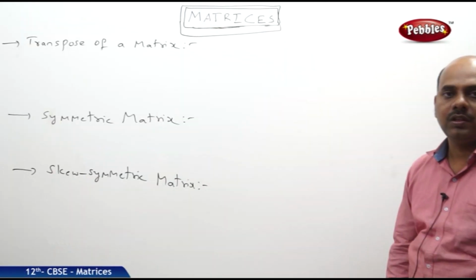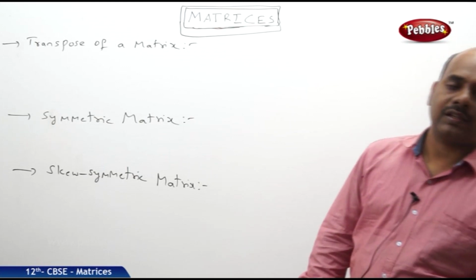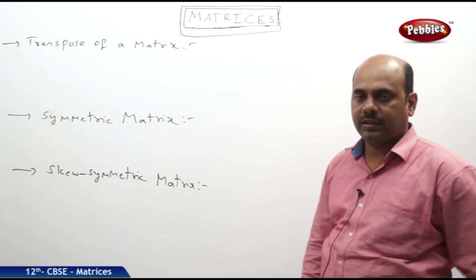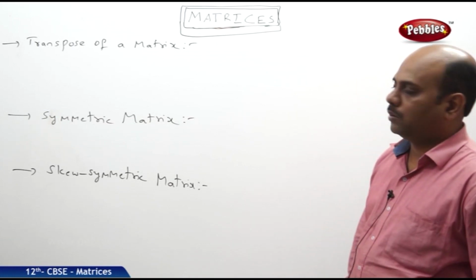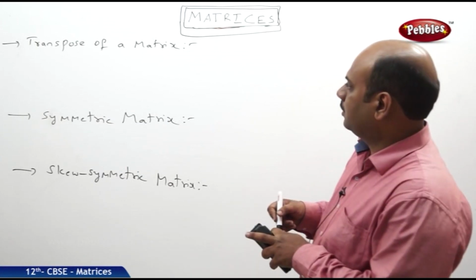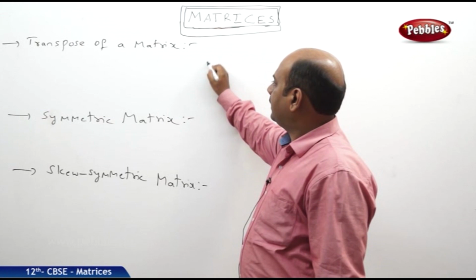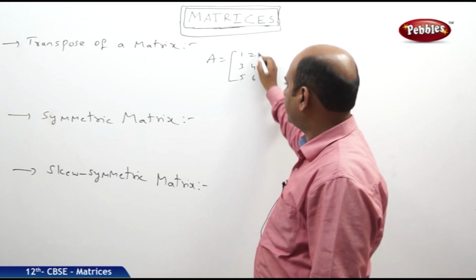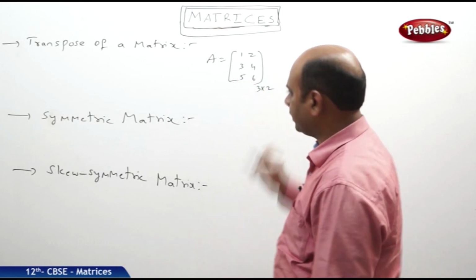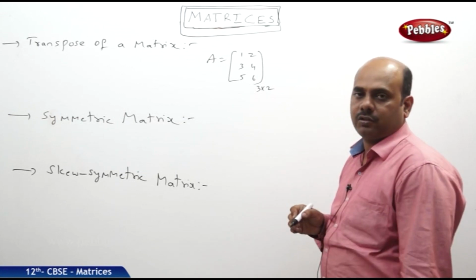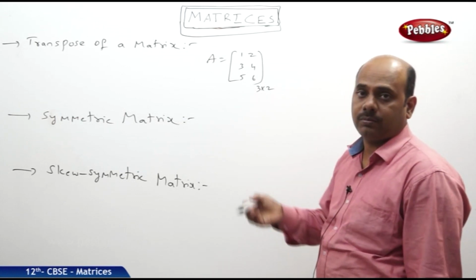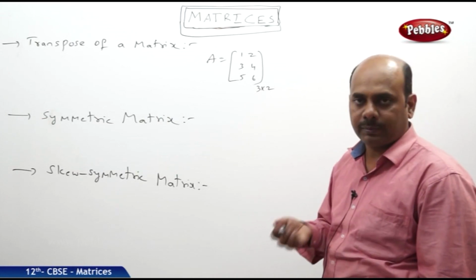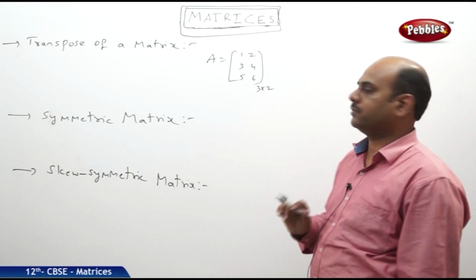Please copy. Right friends, now we shall be starting new concepts in matrices, some definitions: transpose of a matrix, symmetric matrix and skew symmetric matrix. What do you mean by transpose of a matrix? Suppose I go by an example, capital A is equal to [1 2; 3 4; 5 6]. What is the order of the matrix? 3 by 2. What do you mean by its transpose? Rows should be changed into columns and columns into rows. That means interchange of rows and columns of a given matrix is known as the transpose of a matrix.